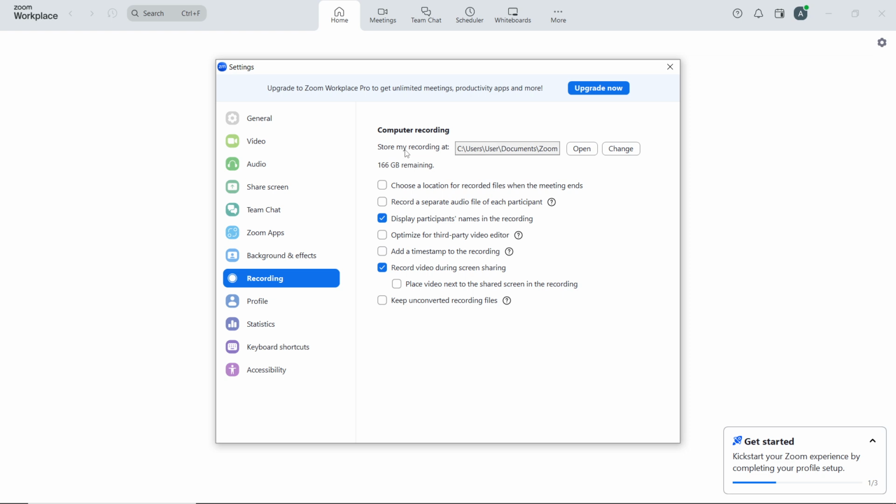This is computer recording. Okay, so cloud recording is not available because you need to upgrade to the premium version for you to access cloud recording. So, but now you're seeing computer recording because this is just local recording. Now, if you're verified, or if you're using the paid version, you're going to see the cloud recording